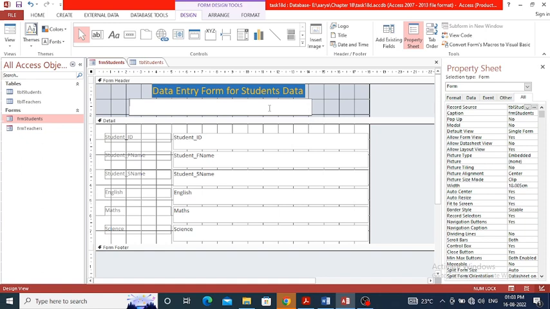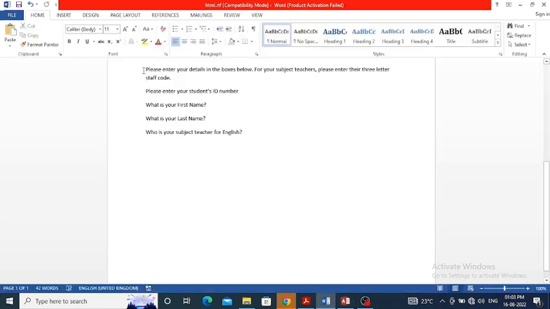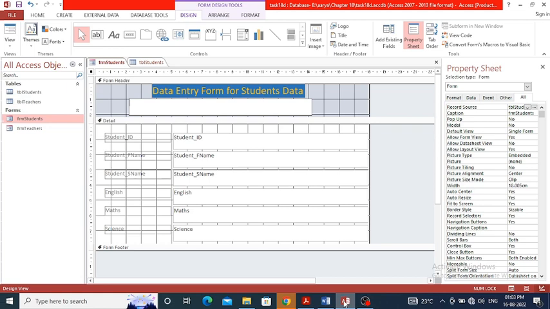Here I have to type the content, that is, please enter your details in the boxes below for your subject teachers, and please enter their 3-letter staff code. This content I have to display over here, and here we have to select this label